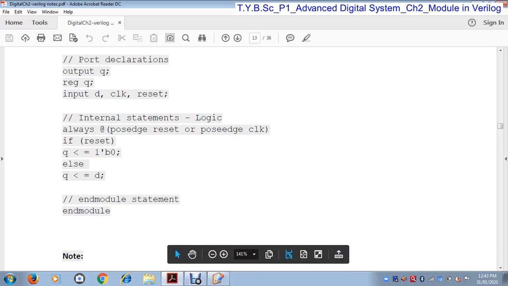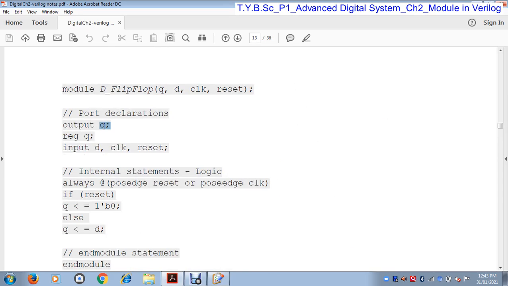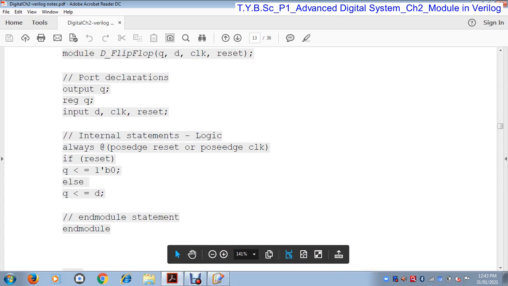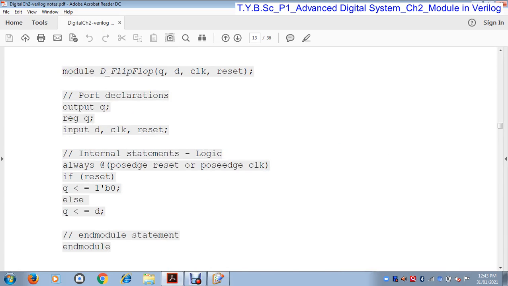Here Q is the output, so we define Q as the output port, and Q is also defined as a register. Why? Because the output of a flip-flop holds some value, and when any variable holds some value, it is a register data type. That's why here Q is defined two times, as an output port and as a register data type.